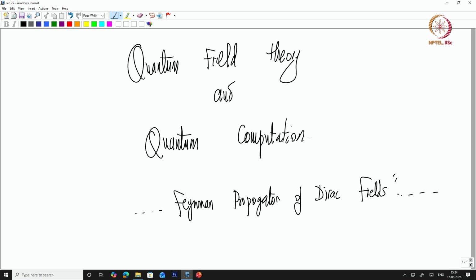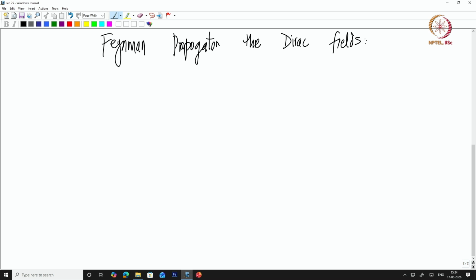Now we move towards defining properly the Feynman propagator for the Dirac fields, which is, as you well know, time ordered and so on. So time ordered and well behaved essentially. So let's start with the Feynman propagator for the Dirac fields. One can define the Feynman propagator; we need two things essentially. So let's start with the vacuum expectation values of